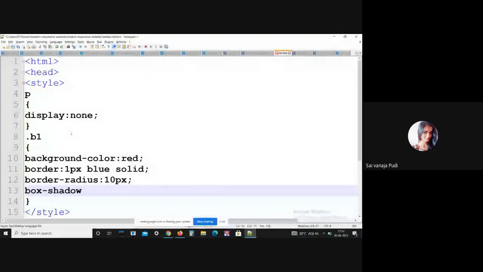Here I am going to explain to you guys about this box shadow property. Here we generally have the horizontal offset and vertical offset, followed by the blur radius and the optional spread radius, and finally you have to declare the color. You should mention all these properties, then only the shadow will be printed.